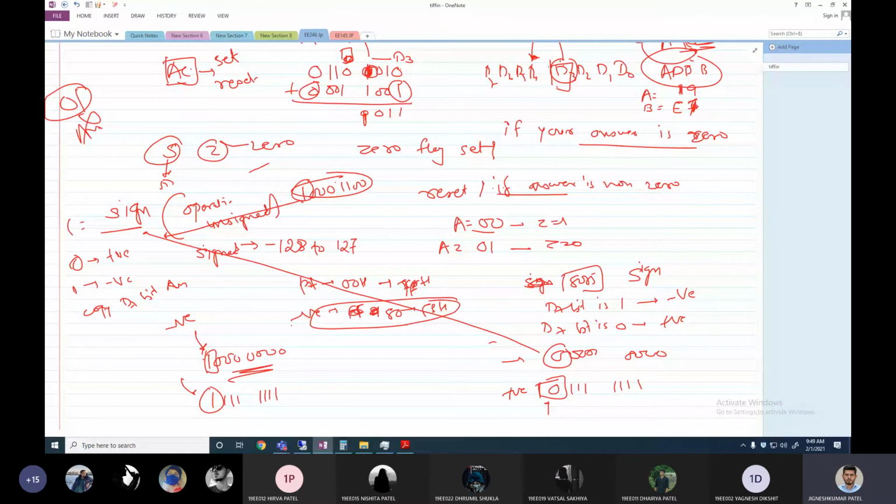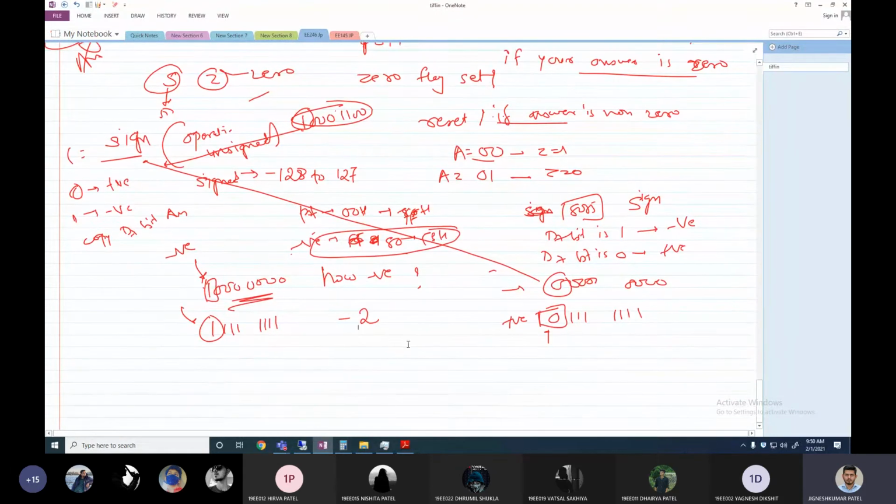Now an immediate question will occur: how are negative numbers stored? Let us say I have to store a negative number, that is -2. I want to store -2 inside my 8085. Then how can I store that? So a negative number is always stored in 2's complement format